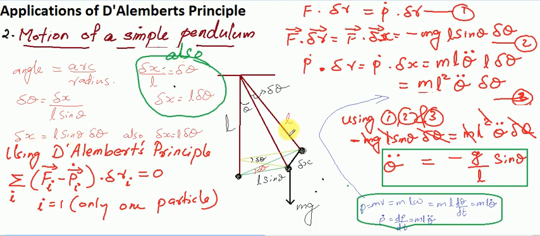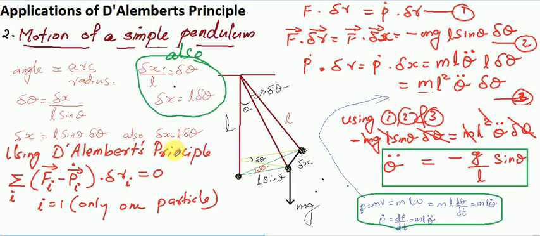Also, when you consider this triangle or this arc here, delta x is also equal to L d theta, because this is the radius, in that case L, and this is delta x. Here is the angle delta theta. So angle delta theta equal to delta x divided by L, cross multiplying, we get delta x equal to L d theta. So we got two equations for the virtual displacement delta x.